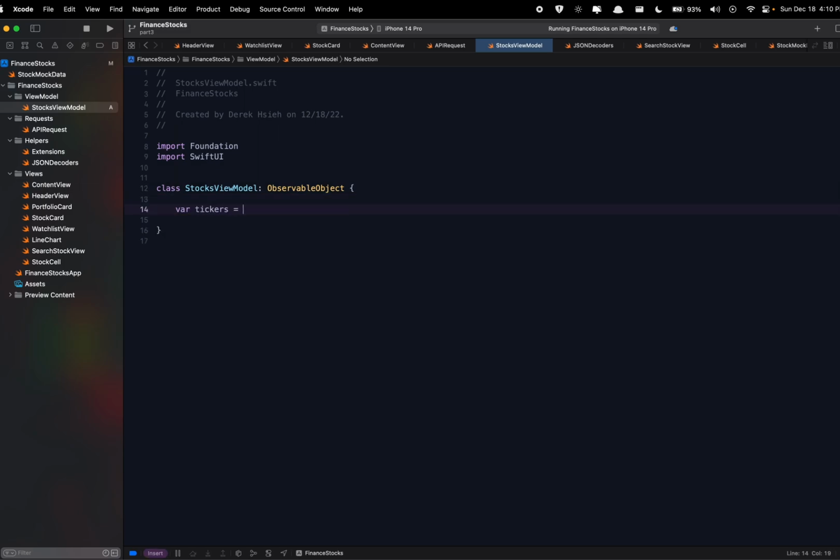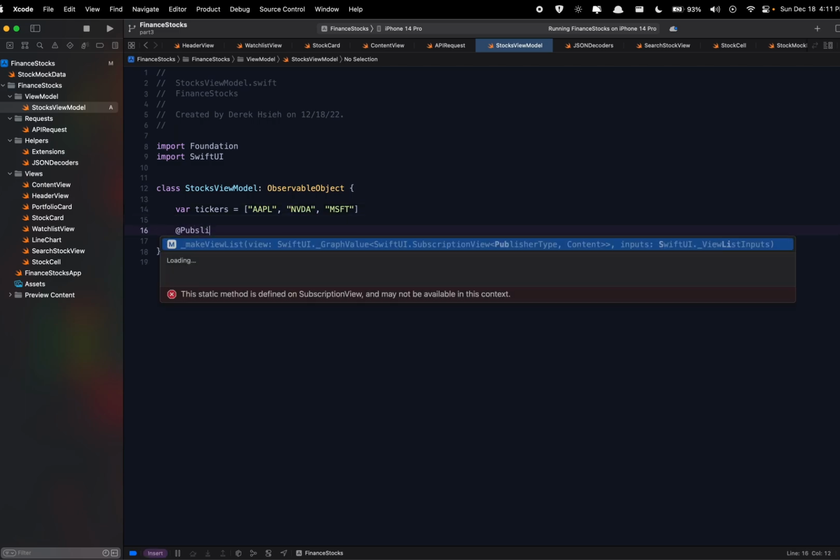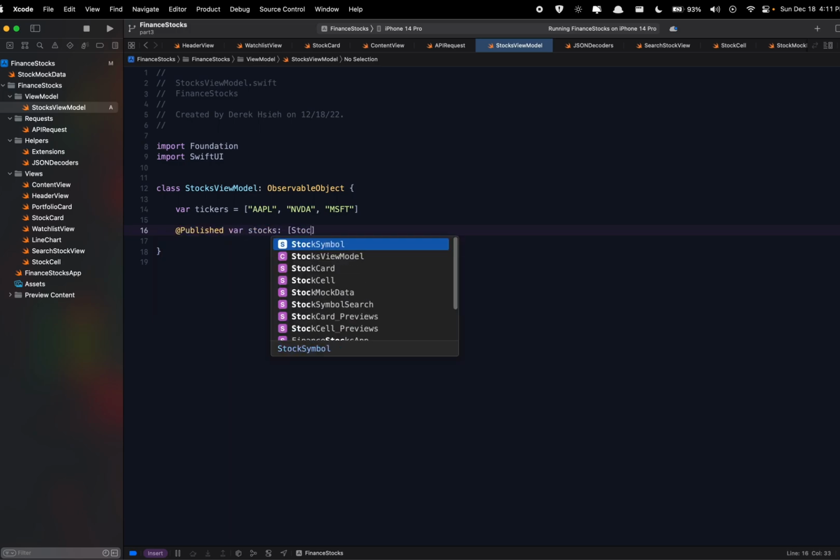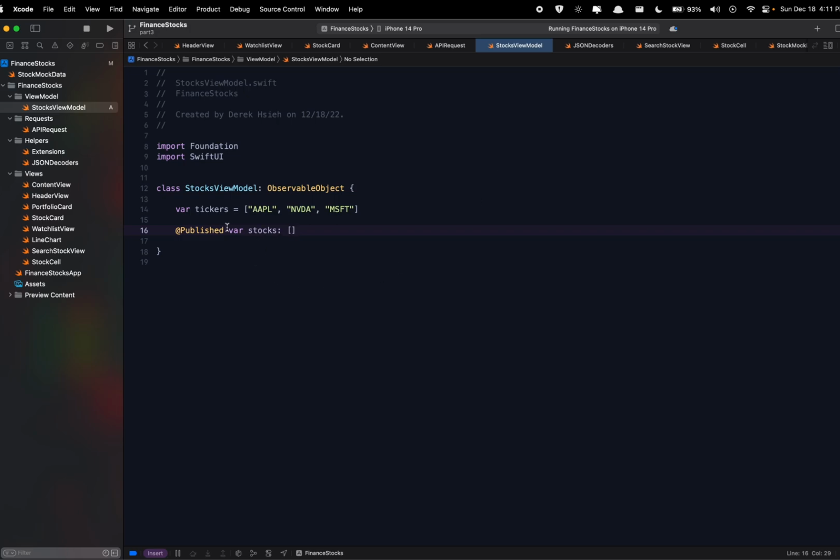So first, I'm going to add some tickers to start us off. Let's create Apple, Nvidia, Microsoft. Okay, and now we're gonna create a published variable. These are the variables that can be listened to, and our UI will update depending on this. So this is gonna be our most important